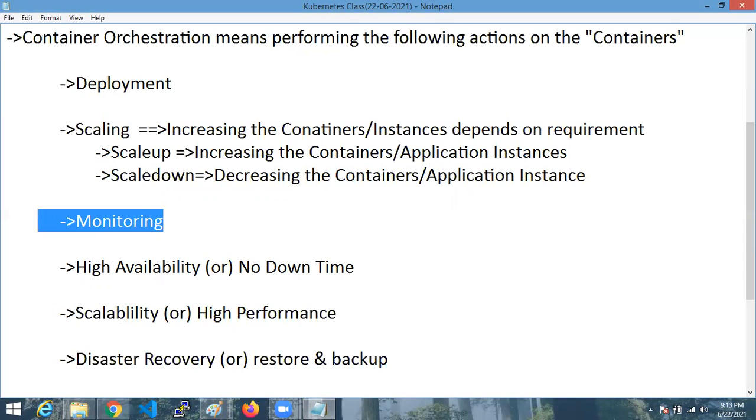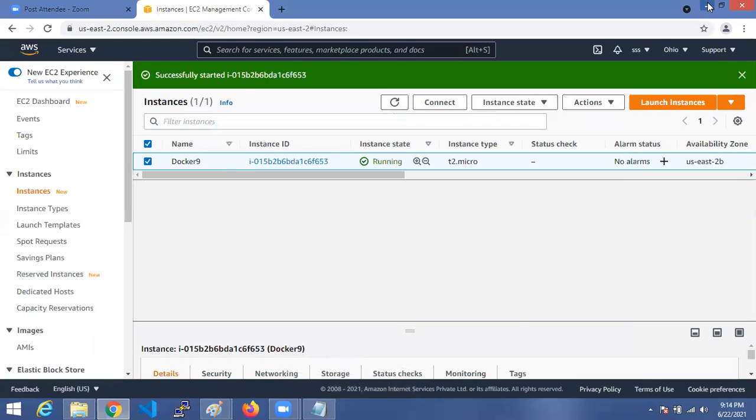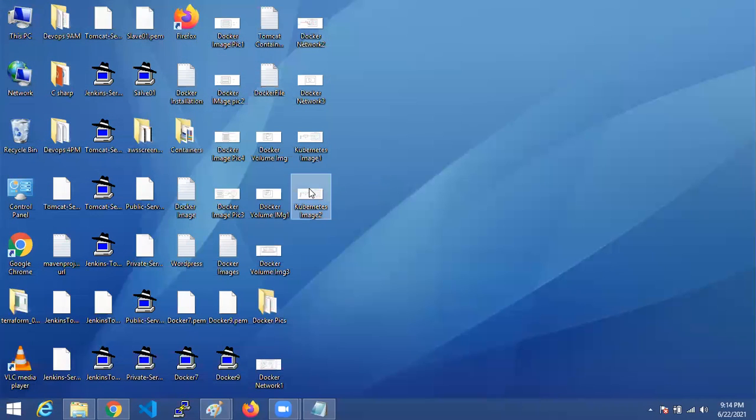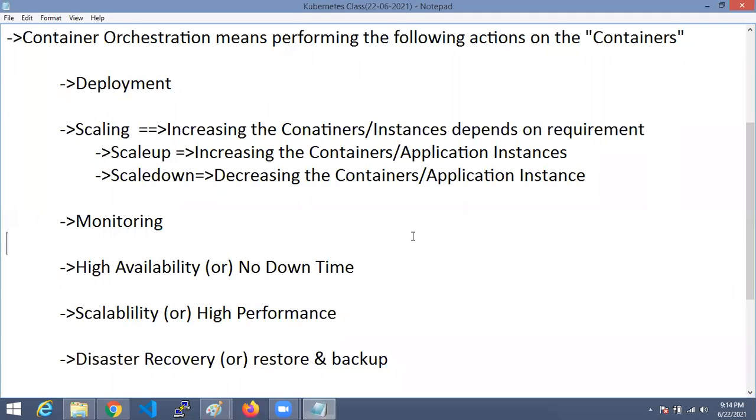Already I said the number of required containers or application instances I want, like 2 or 10, for example. See here. If you want more instances, for example I want 10 instances to run.